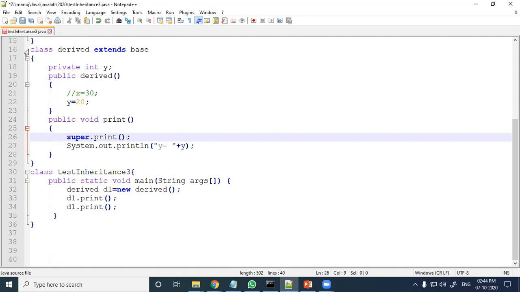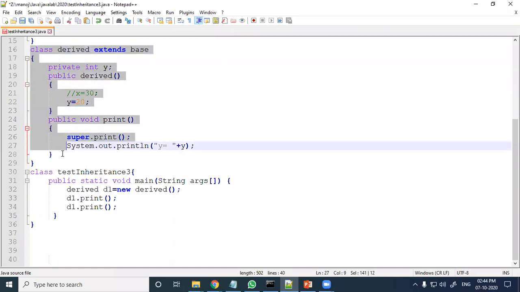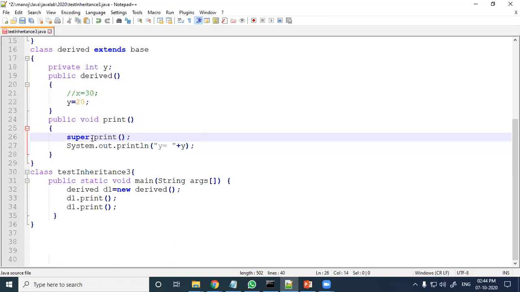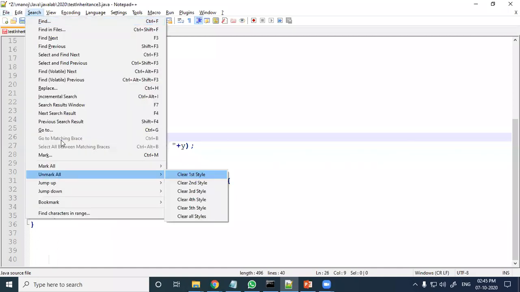Just see here, inside the derived class I have created one print function, and inside the print function I have written super dot print. If I do not write super dot print, what happens? To call the parent function, you just write super dot.